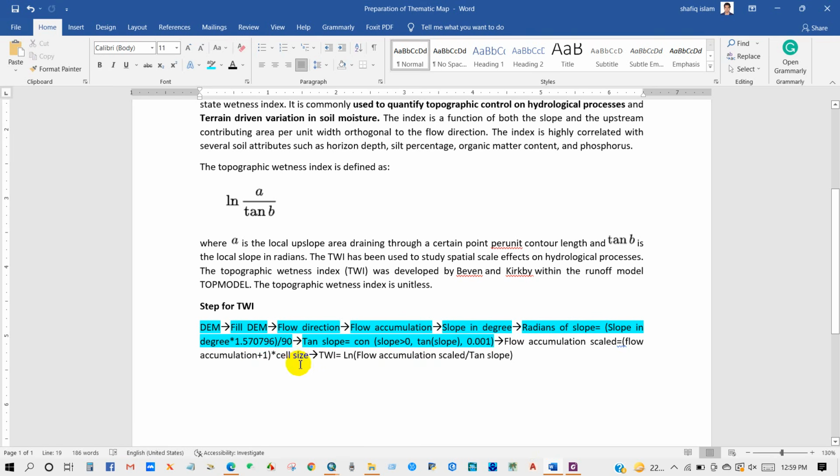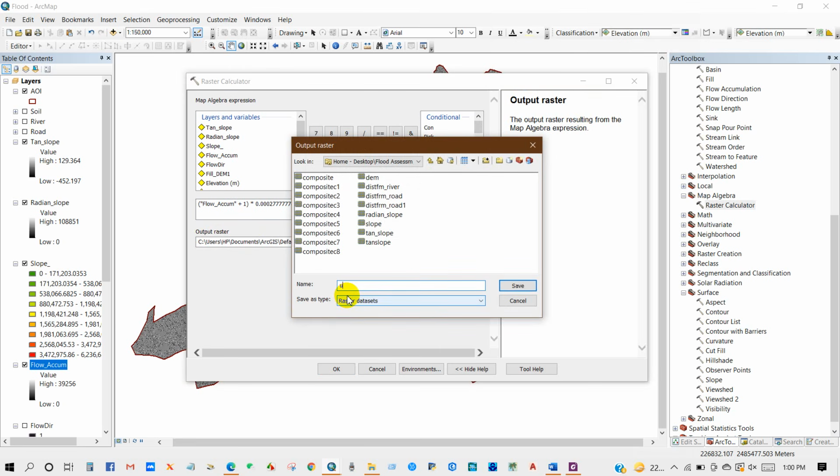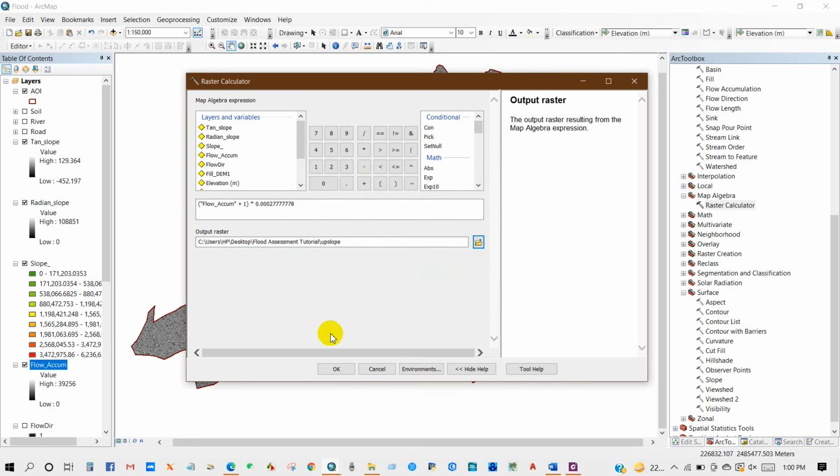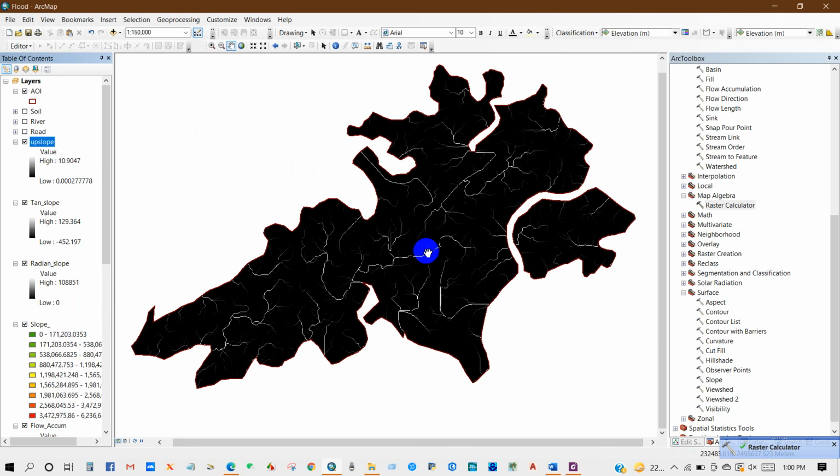Cell size. Output raster, I'm going to rename the output raster as upslope, then save, then OK. Upslope has been done,